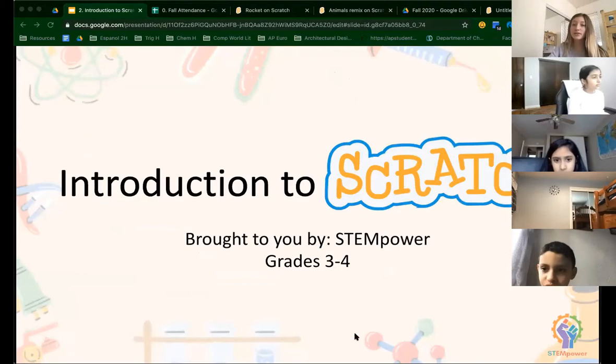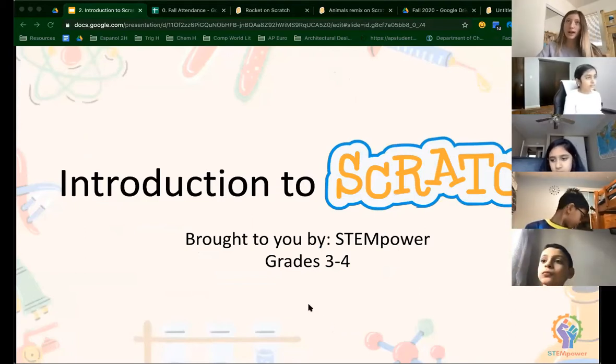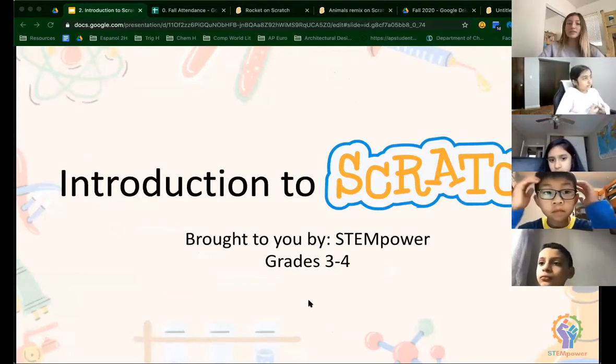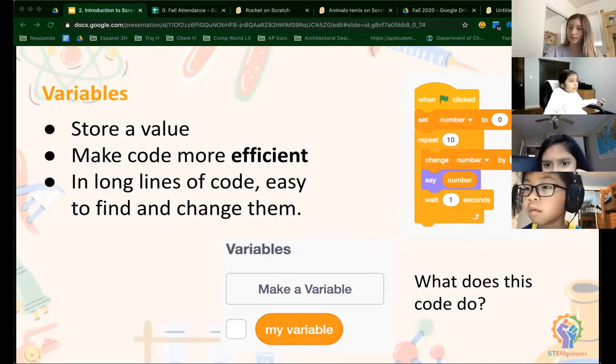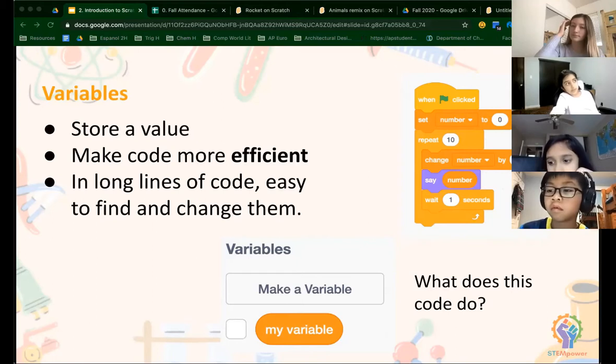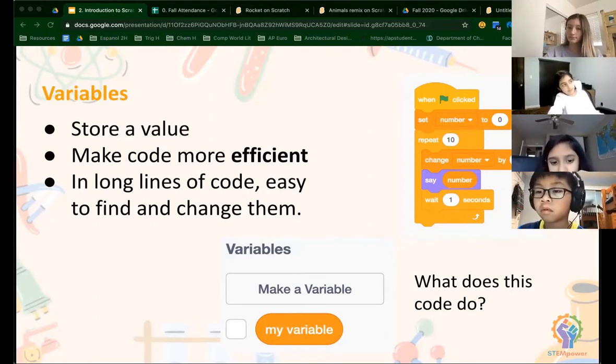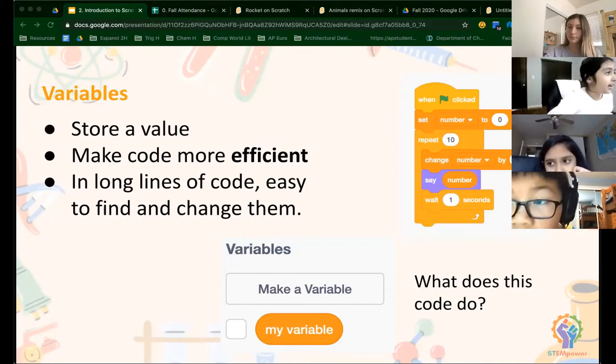So today we're going to have an introduction to Scratch, which is a simpler way of coding, because I want to take a guess at what this code does. When you click the green flag, the variable number will turn to 0, and then